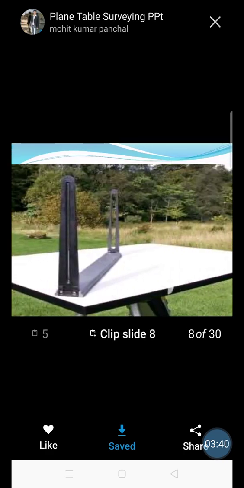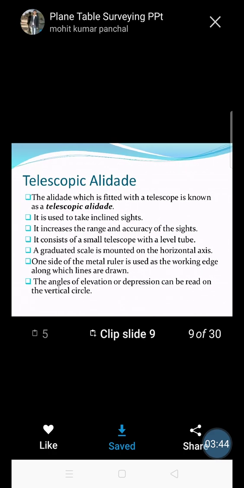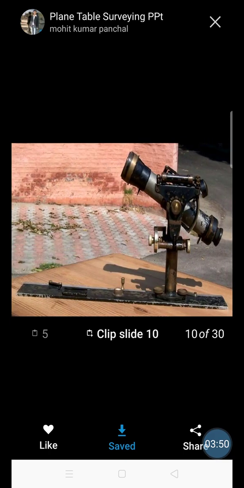You can see another picture of an alidad over here. Now another type of alidad is the telescopic alidad, where you can see the telescope is mounted, along with the chamfered edge and the metal scale. Instead of the eye sight and object sight, here the telescope is provided.